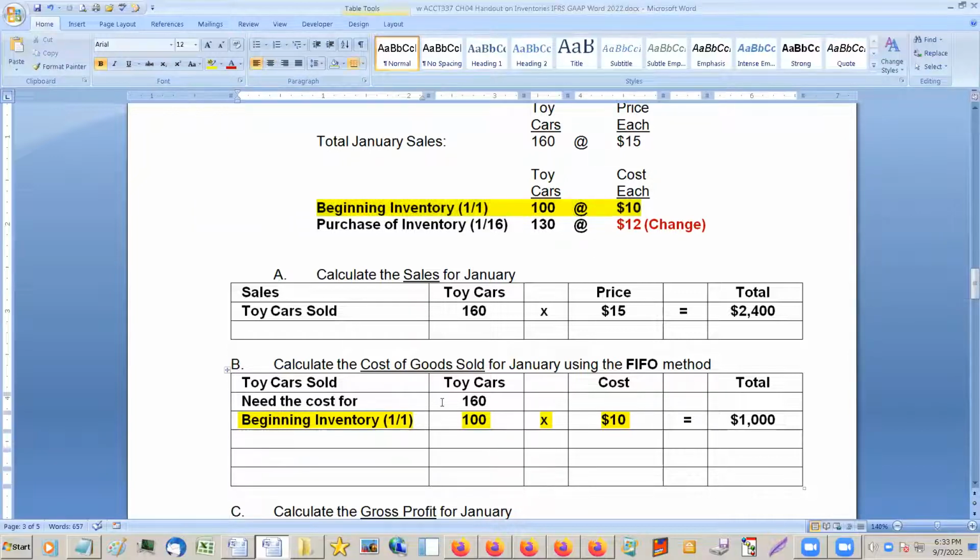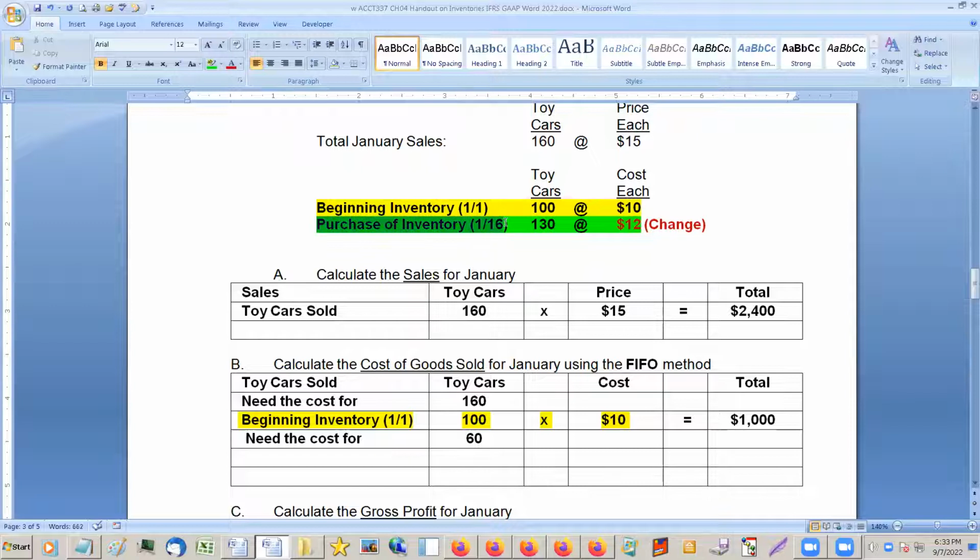However, we don't have 160. We still need the cost for how many? 60. Yep, good. We found the cost for 100 of them, but we still need to find the cost for another 60. And obviously there's only one layer left here, this one. Now there's 130 in this layer, but we don't need to take all 130, we only need